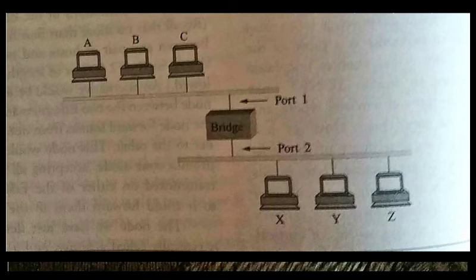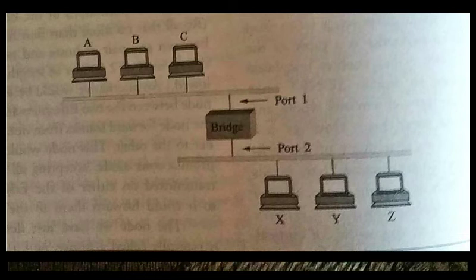We have already studied that ethernet can be constructed up to a maximum of 2500 meters with the routers and all. So if you want to extend this, what you do is use one more node in between the two ethernets. Two different ethernets are there. If you want to connect them, you use one more node called a bridge. Is it clear?